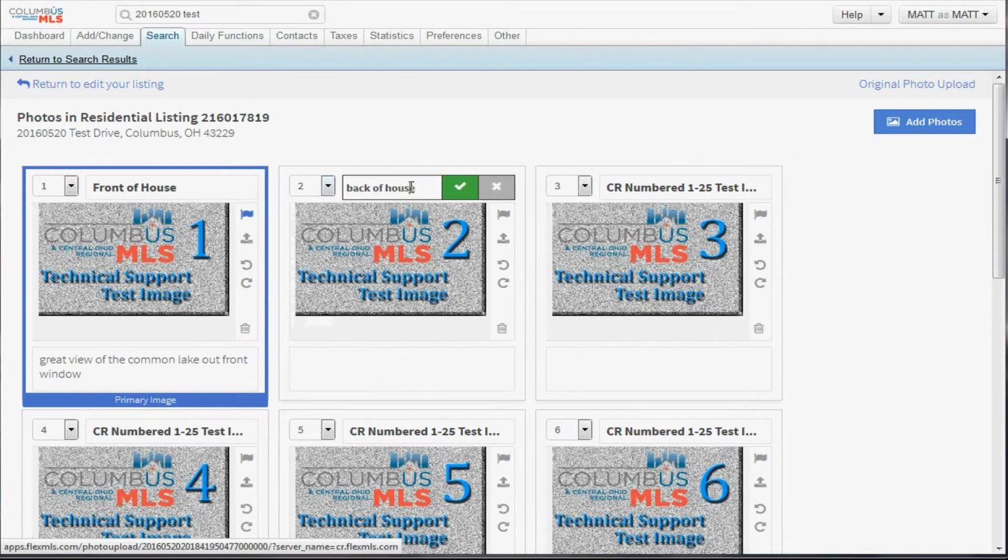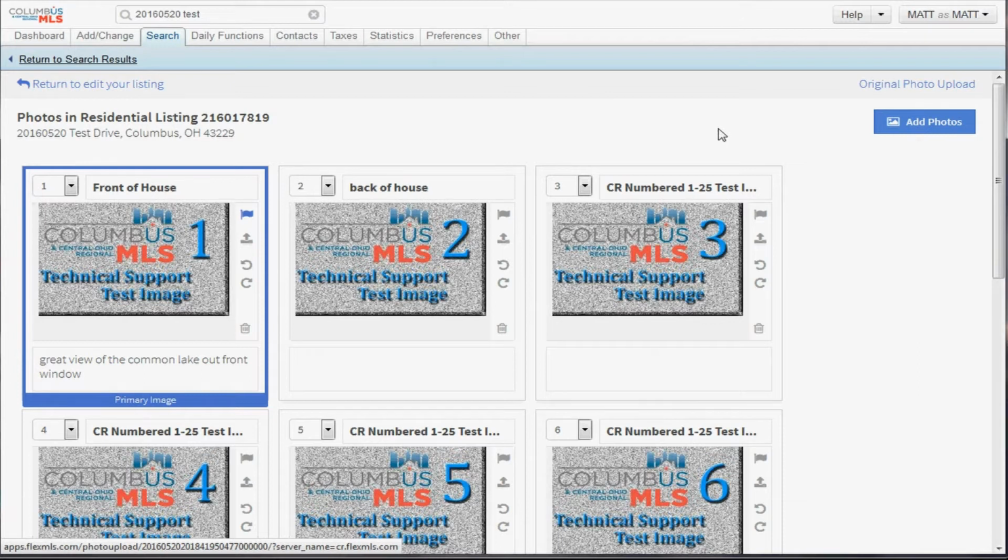You can edit the name of the photo by clicking on it at the top and then clicking the little green check. So again, this was all covered in the Part 3 video, but you're editing photos now for an existing listing, not for a new listing. You can still add more photos anytime. Unlimited number of photos. Remember, maximum file size of the photo is 15 megabytes, but as I told you in the previous video,